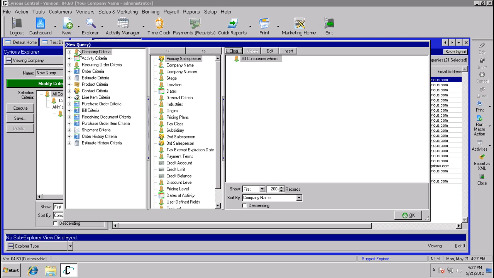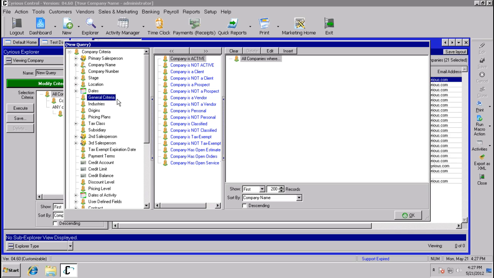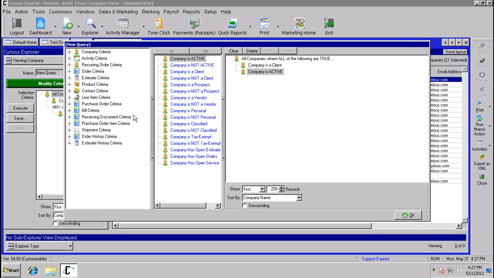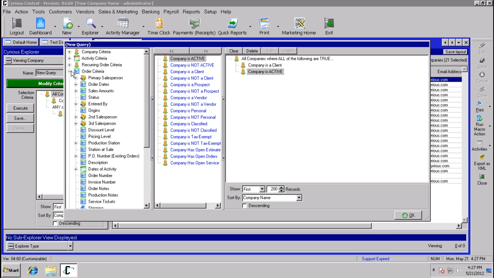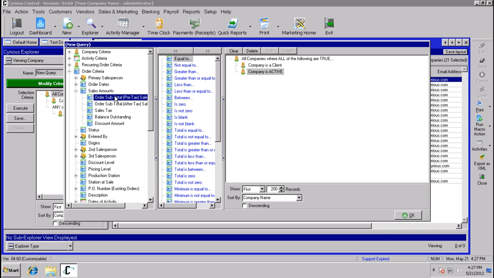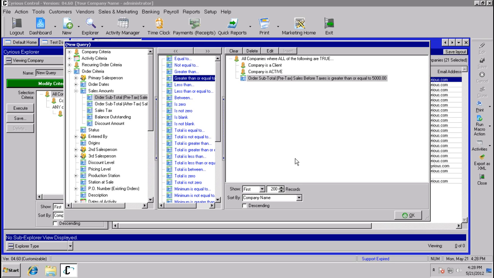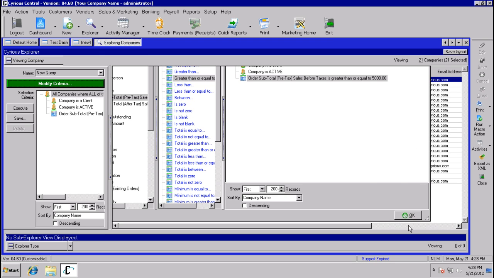So we want to see all companies where the company is a client and they are active and have orders with a subtotal greater than or equal to $5,000. So just to give you a list of your bigger customers,